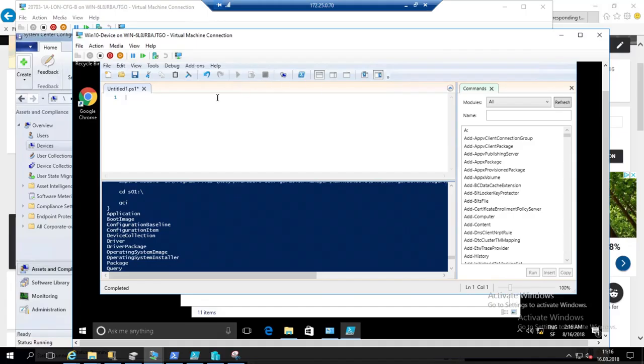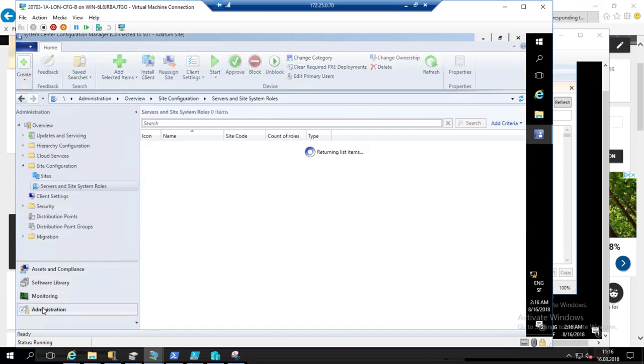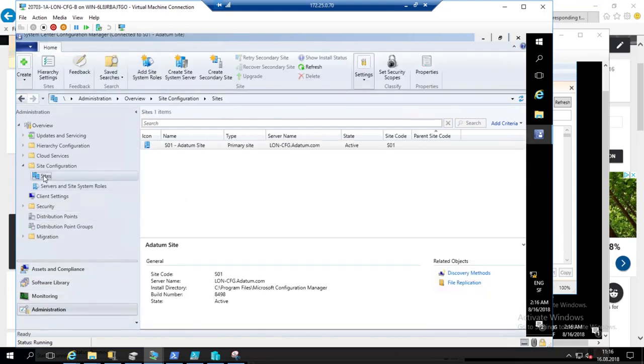Here you go directly to your SCCM GUI console, you go on Administration, and here you have Site. In this site you have the name of your site. My site is the Adatum site, a primary site, with the name of the server, active, and the site code. The site code is very important because this is a way that you can connect directly to your PowerShell drive,